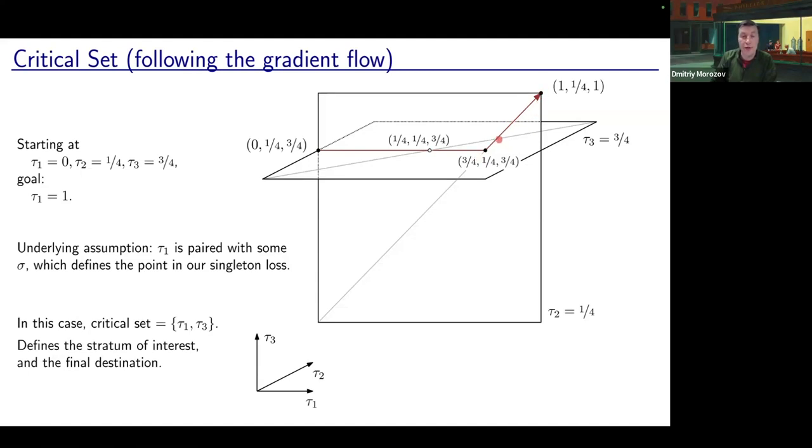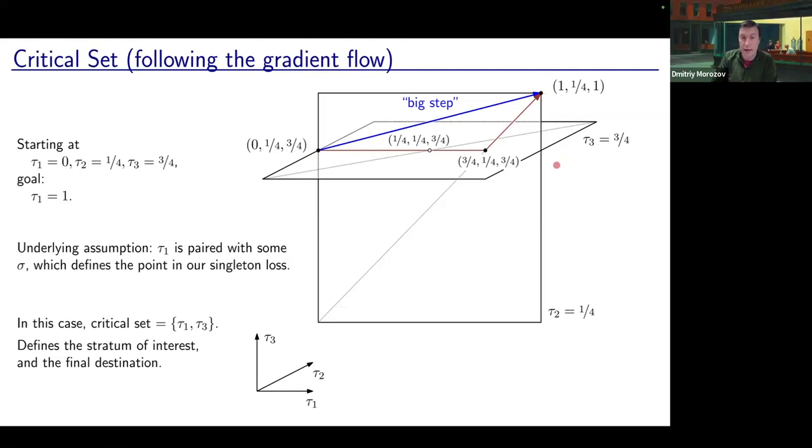And so if I can identify this critical set, then it tells me lots of interesting things. It tells me what is this final stratum on which I'm going to be moving, but it also tells me what is this final point that I'm going to be moving to, because it's exactly the simplices in the critical set that get the target value. So the target value for tau 1 was 1, and it's exactly tau 1 and tau 3 that get this value. So if I can identify this critical set somehow a priori, then I don't have to follow this gradient flow. I don't have to simulate anything. I can just go directly from my origin to my destination,